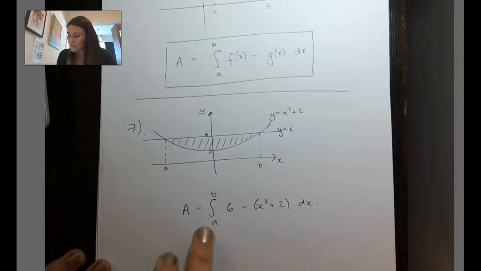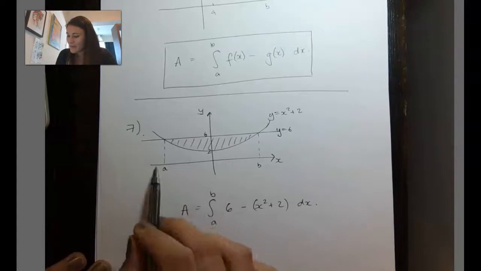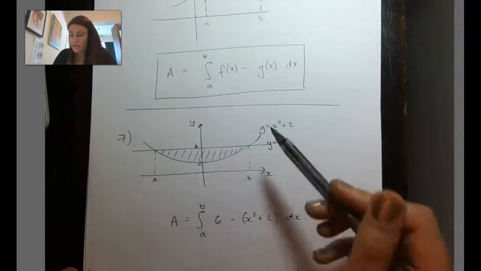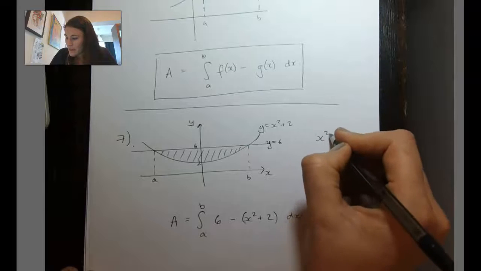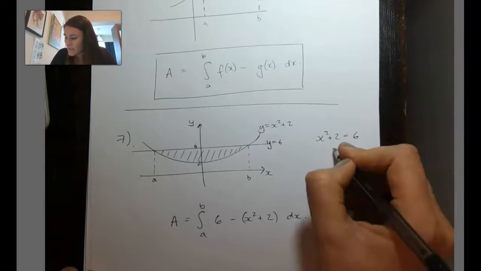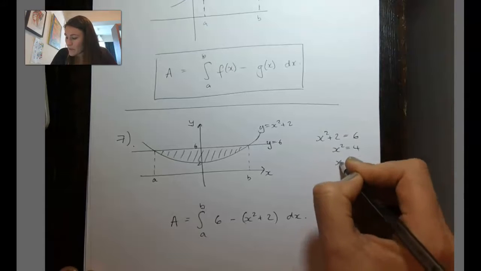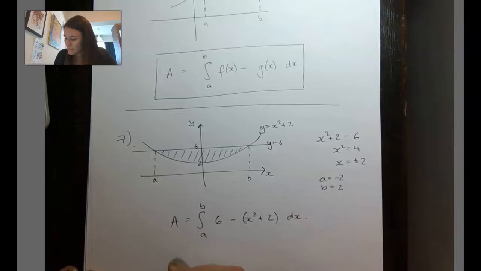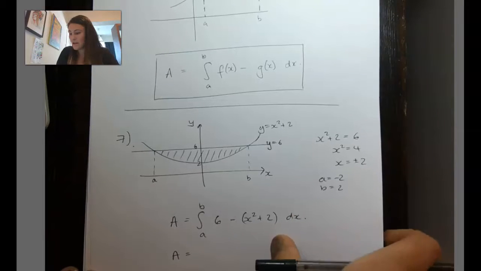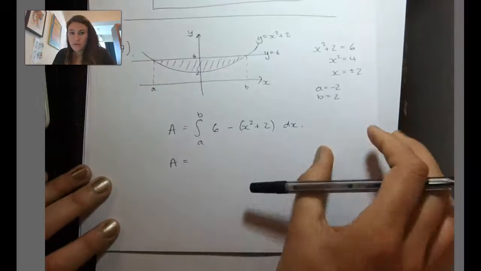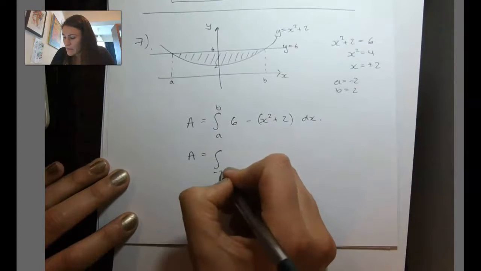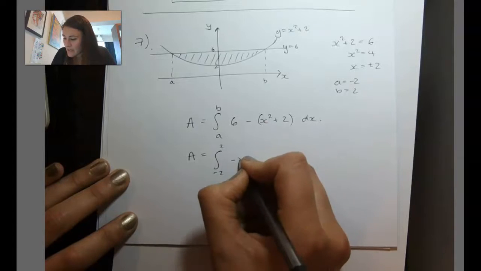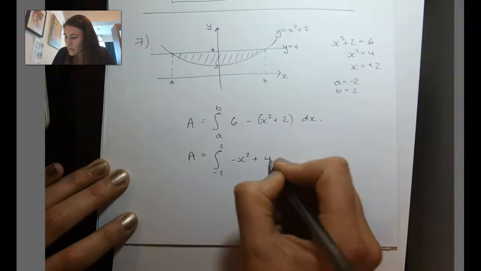So before I can integrate that, I'm going to simplify it and figure out what a and b are. So here I'm just thinking, what is the intersection of these two curves? It will be when x squared plus 2 equals 6. So that's when x squared is 4, so when x is plus or minus 2. So a is negative 2 and b is 2. So this will be the integral from negative 2 to 2 of this, which actually simplifies to be negative x squared plus 4